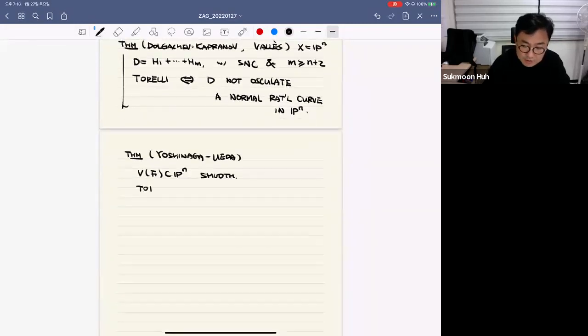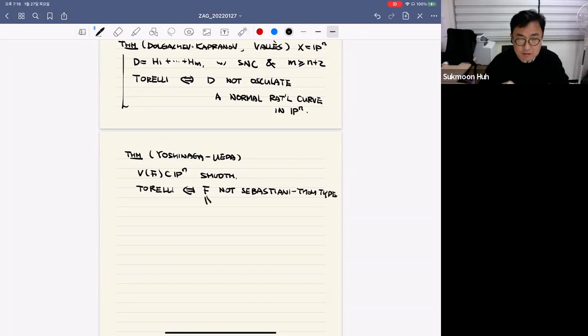Then they show that we have Torelli if and only if the defining equation F is not of Sebastiani form type, which means you cannot divide the collection of variables into two parts so that F can be written